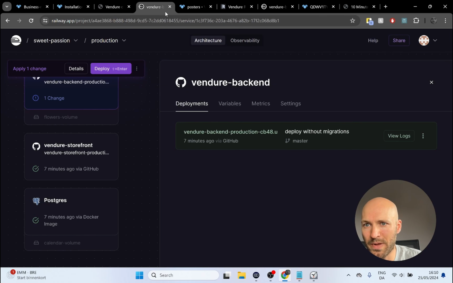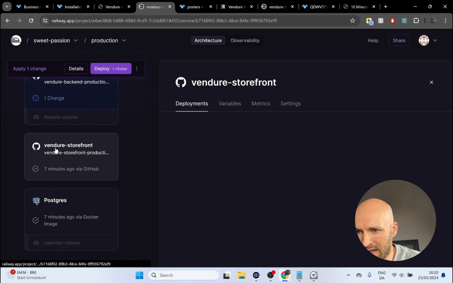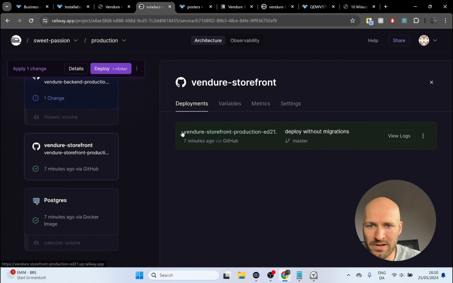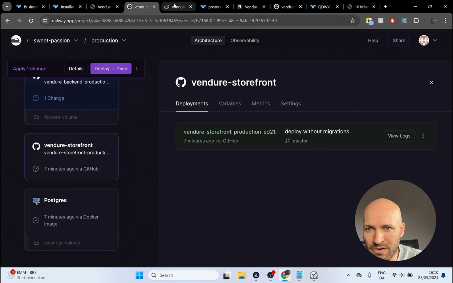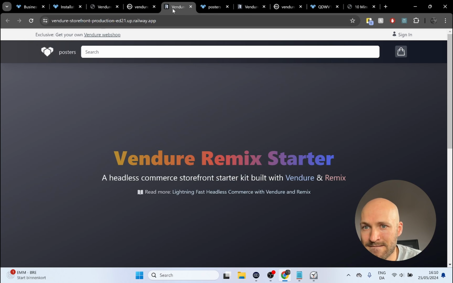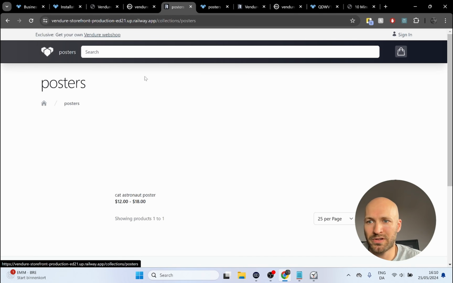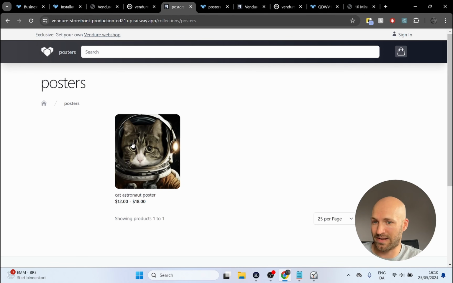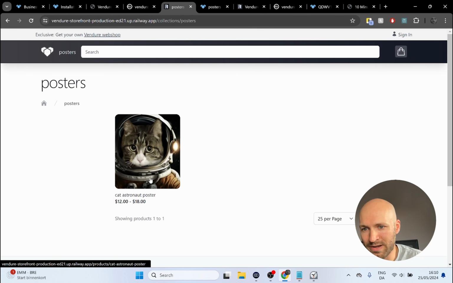Let's go back to Railway and let's find our front end, and it is done. And let's open it up and see. It looks like we are good to go. I see posters here, and there it is. There is the cat. You'll notice that it says 12 to 18, but I put in 10 and 15, and